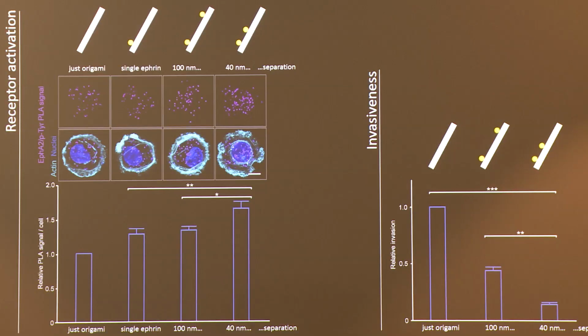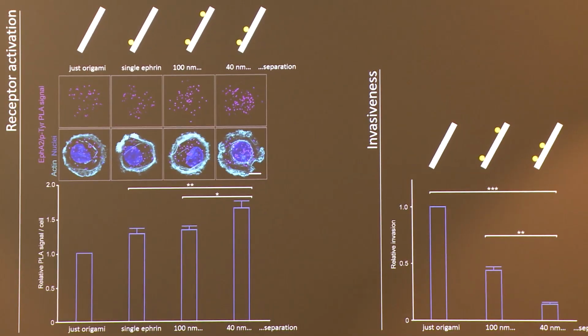It also turns out that we, to some extent, actually change the behavior of these cells just by varying this very small, tiny nanoscale distance between proteins. So we looked at invasiveness. You grow this breast cancer cell line on top of an artificial extracellular matrix, and then you see how these cells invade this matrix, and you measure how many of them have moved down the matrix,